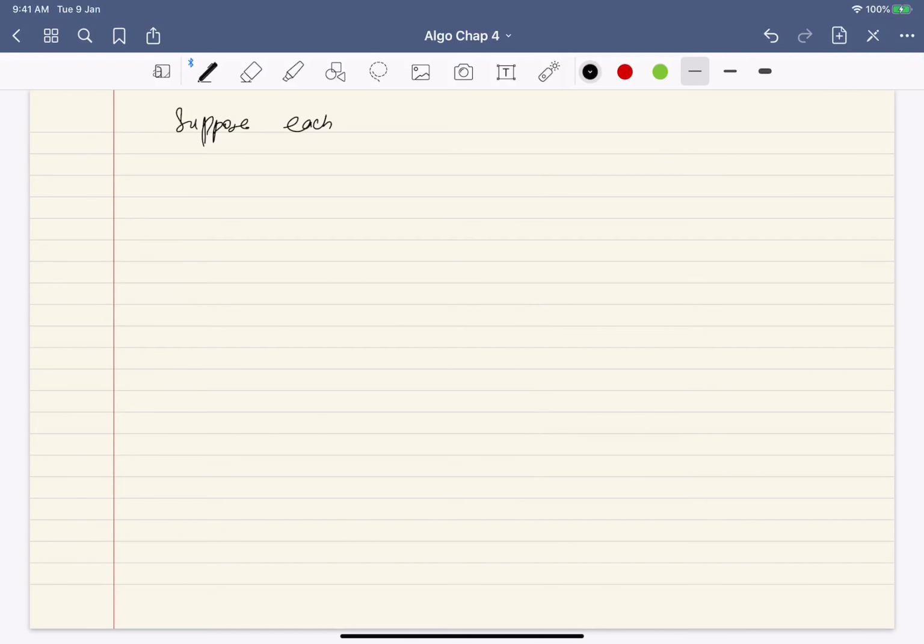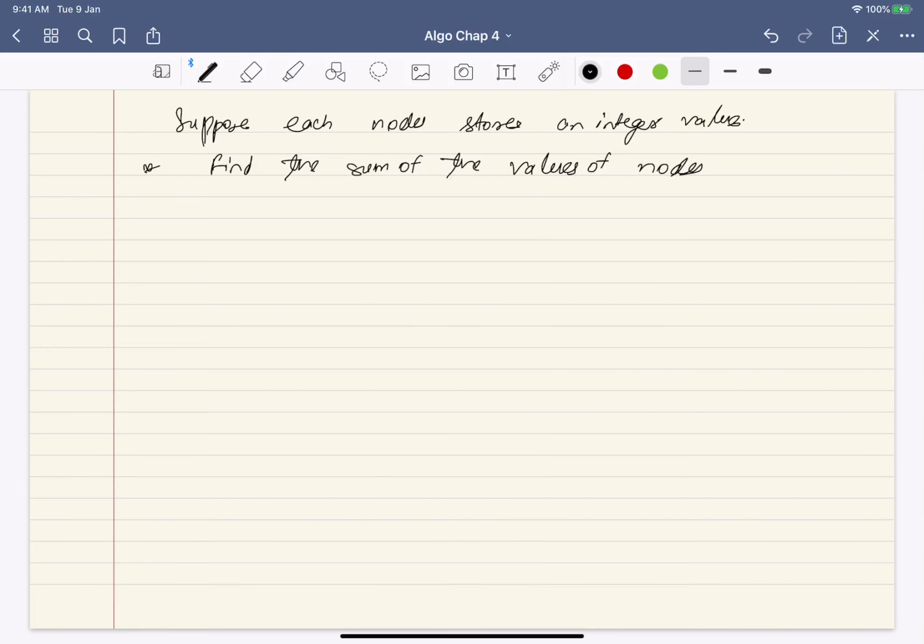Now similarly, can you do some other problem? Suppose each node stores an integer value, so key of x is an integer. Your question is to find the sum of the values of the nodes. It's very easy.